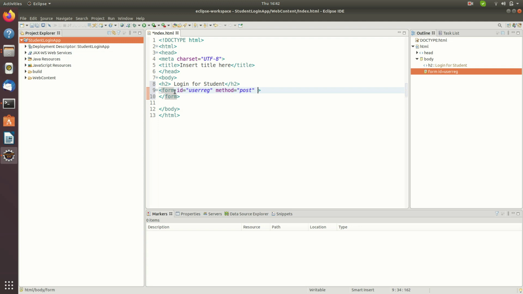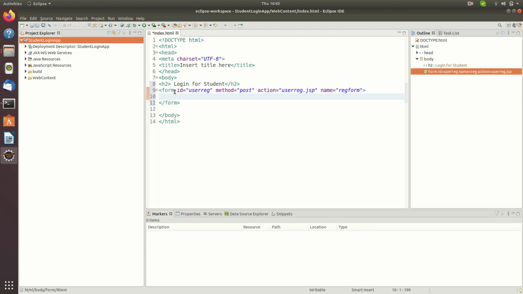Get method will take the values in the form with the URL, but what the post method does, it maintains the security and the values in the form would be attached in the HTTP header. Action would be, when I'll submit this form, it will call another JSP page, that is the user reg.jsp. The name for this form I have given reg form.